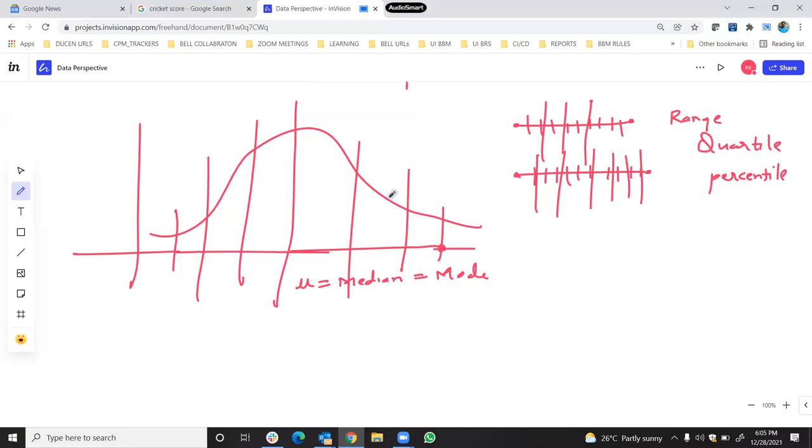There are different measures. Initially we try to understand how the data is spread. Is it spread centrally? It is called a central tendency, where you are measuring whether the data is located centrally. Later you're measuring the spread of the data, how it is spread. So range, quartile, percentile help you. And further you go, we want to see each of these points,